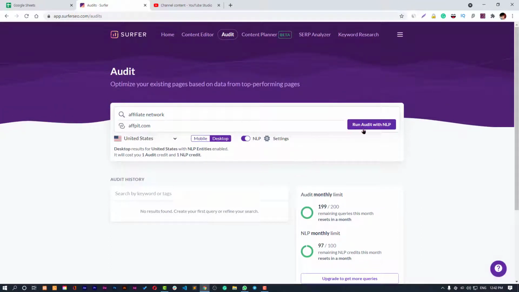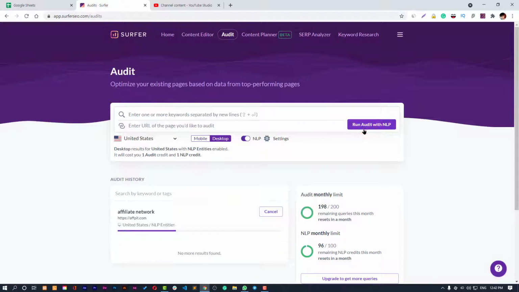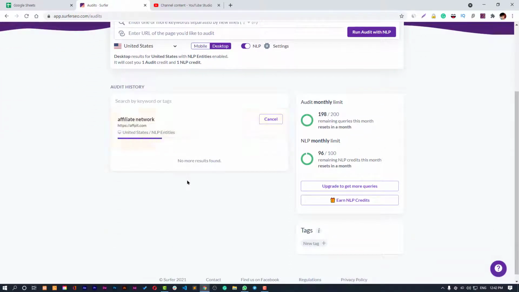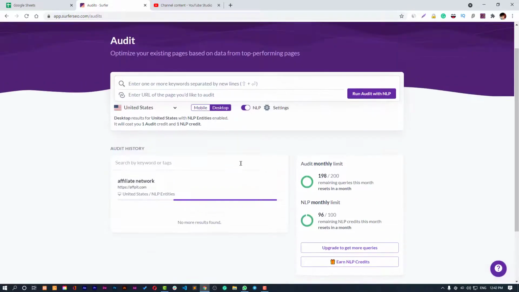So without wasting time, let's run the audit for our keyword and the domain. It takes a couple of seconds to complete the audit, and in the history you can manage all the queries you have, and that's a wonderful feature. If you have more of them, you can delete them. I had actually deleted some, and this way you can manage them.